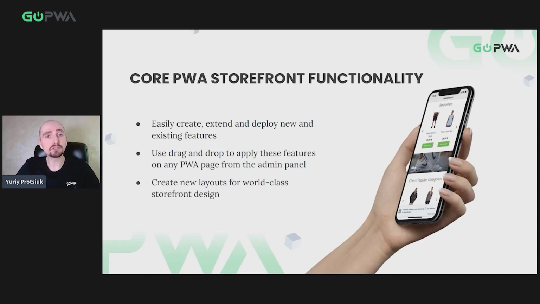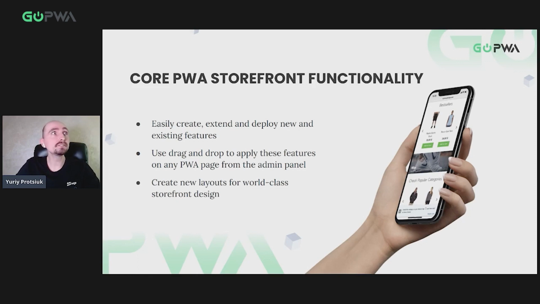A PWA storefront is basically a set of pages. Some are used for static content, such as most links in a store's footer. Most pages are full of dynamic content, such as a category page or a product page. Now, imagine that you, as a developer, can create and modify as many unique storefronts as needed and also enjoy the process. It's possible, and here's how we achieve this.